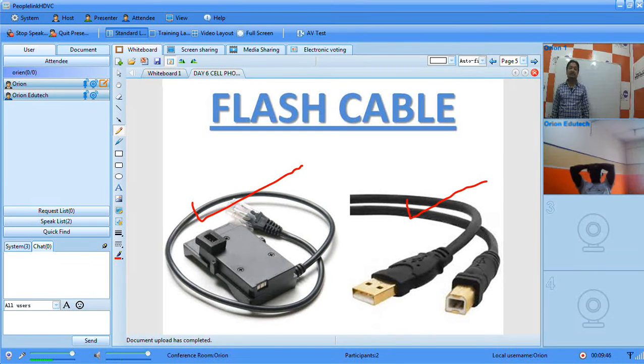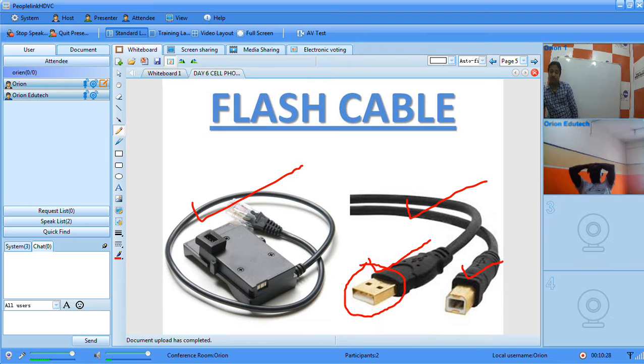Because it is created as per our requirement, so when you insert this point into the computer, it's the same, but at that point the connectors are different. So when you connect the flash box to the computer via the USB cable, always this portion is connected to the computer,